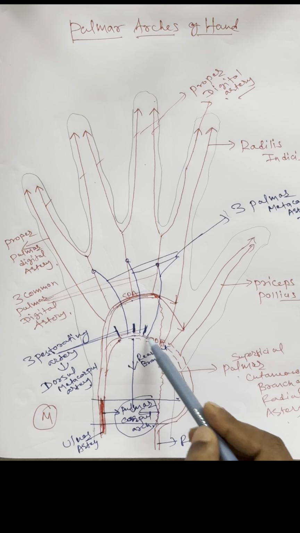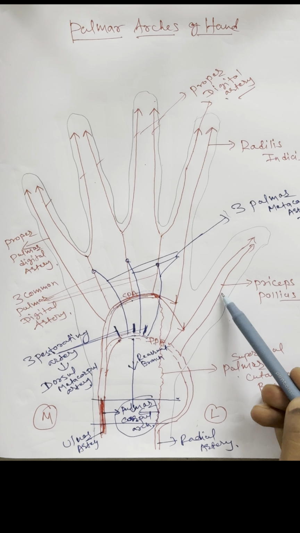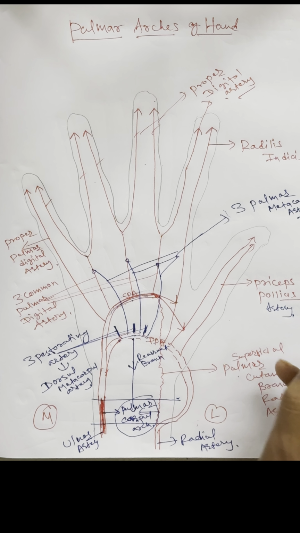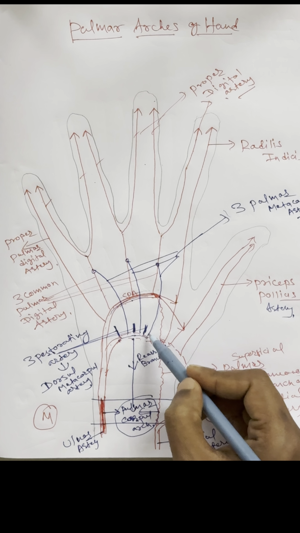In the same way, we have the deep palmar arch. The deep palmar arch gives a branch that is the princeps pollicis artery, right? In the same way the radialis indicis, and it gives 1,